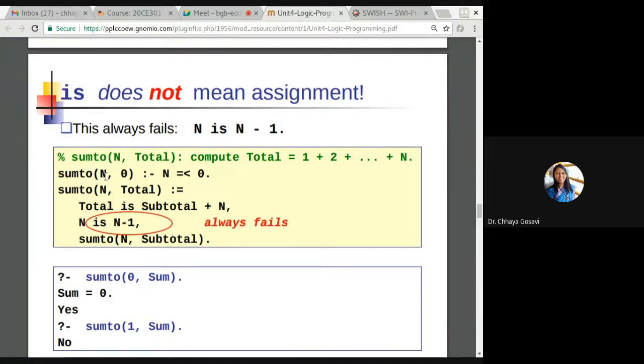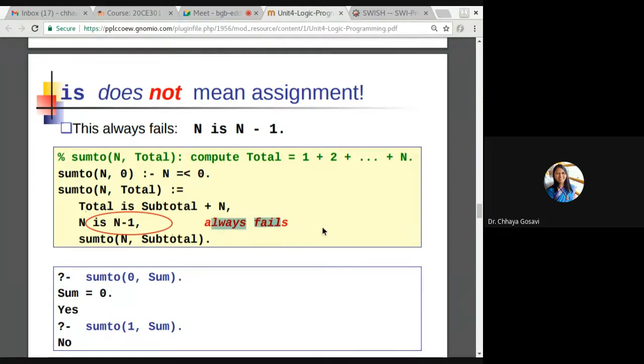So sum n 0, if n is less than or equal to 0, then the sum will be 0 for negative numbers. So total is subtotal plus n, where n is n minus 1. So it will always fail.